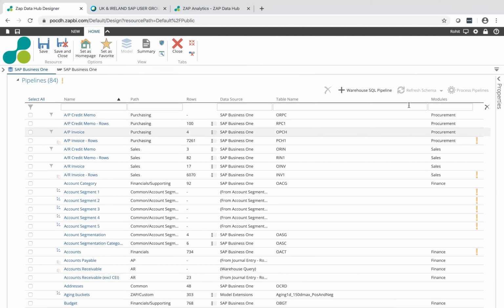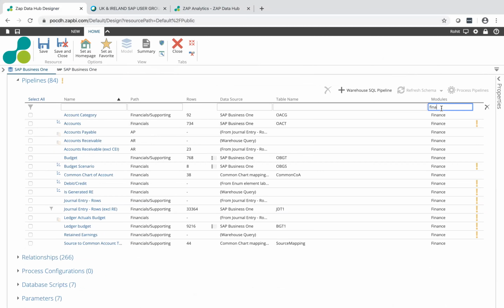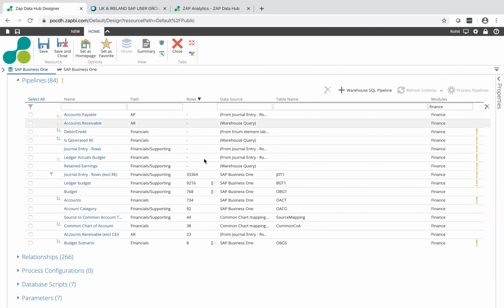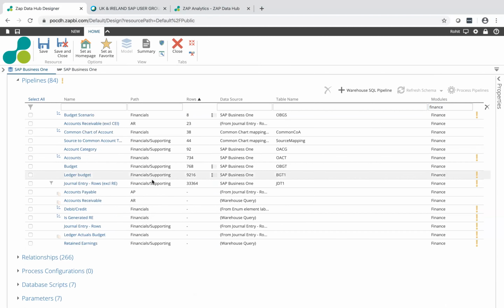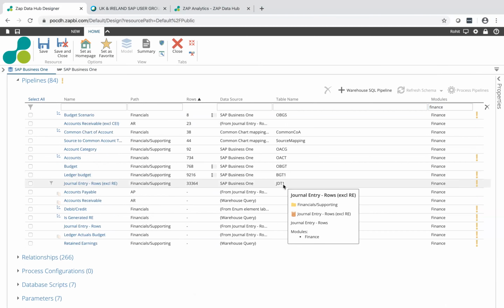So for instance, if I go to the finance module, those are all the tables that you have already transformed, with the row counts here. Those are the key ones, which have the most data. What are we doing here? We're doing 2 things. Number one, we're building you a core model. We are not claiming this is the be-all and end-all for your reporting. What we are claiming is this will give you a huge head start, 70, 80, 90% of the way on that journey of scalable reporting. That's what we are claiming.